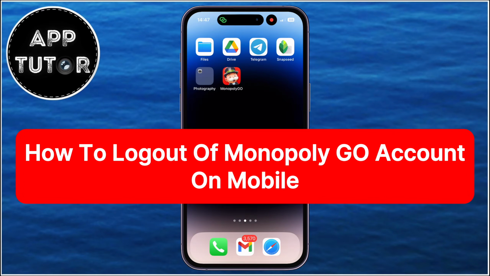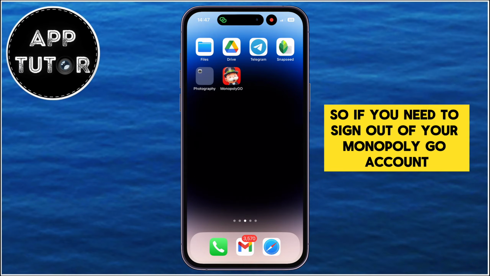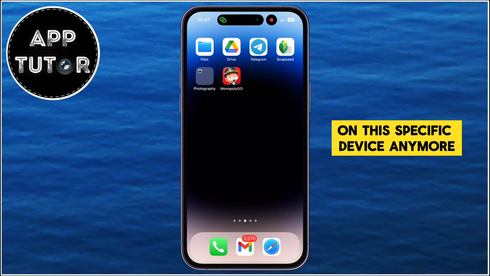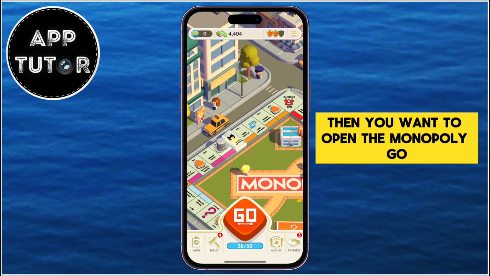In this video, we're going to show you how you can easily log out or sign out of your Monopoly Go account on both iPhone or Android devices. So if you need to sign out of your Monopoly Go account because you don't want to use it on this specific device anymore, or you simply want to switch to another account, then you want to open the Monopoly